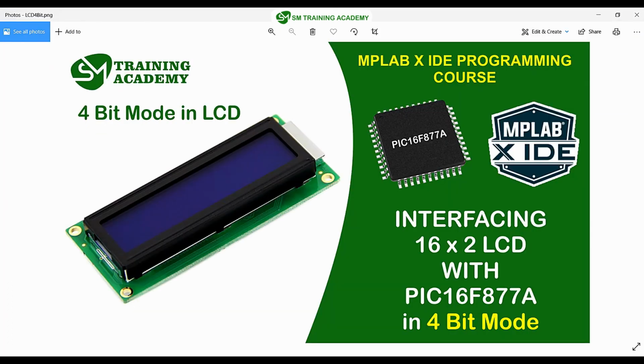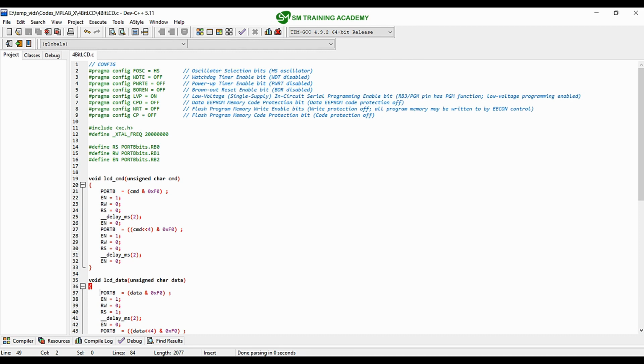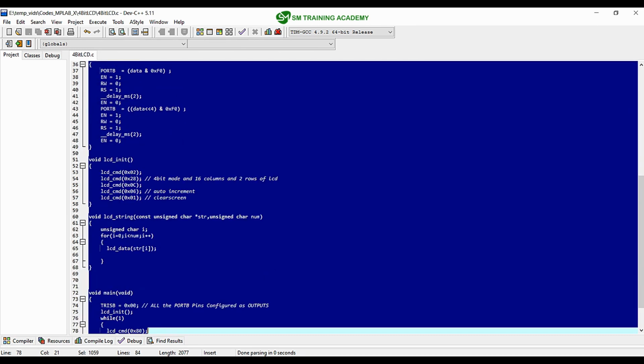This is one of my previous lectures where I have interfaced a 16x2 LCD with the PIC16F877A microcontroller in 4-bit mode. In that lecture we successfully interfaced the 16x2 LCD with this microcontroller in 4-bit mode format. So this is the program that we wrote in that lecture. In this lecture also I am just going to use the same LCD functions, so I am going to copy all this program from this definition part till the